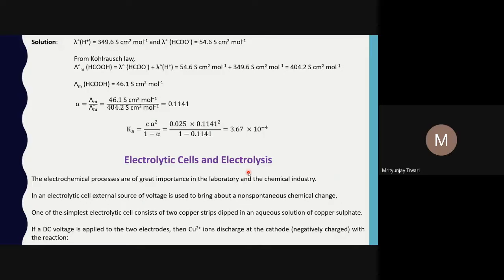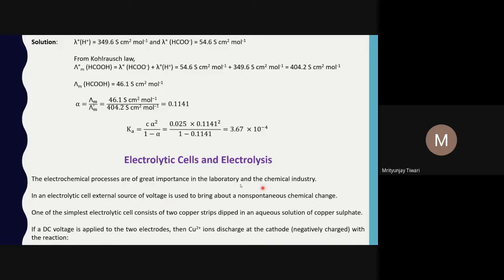For spontaneous chemical changes, there is a natural drive for the reaction to happen, and some energy is released. Delta G for that process is negative, and by that much amount the energy can be used to perform electrochemical work. This is the basic principle of electrochemical cells, as in the Daniell cell. But in the electrolytic cell, which is also an electrochemical cell, we do the reverse process. Reverse process means we use electricity to perform a non-spontaneous chemical reaction.